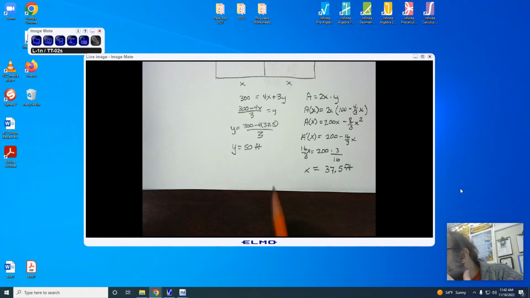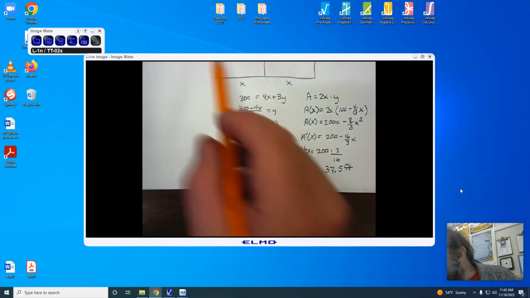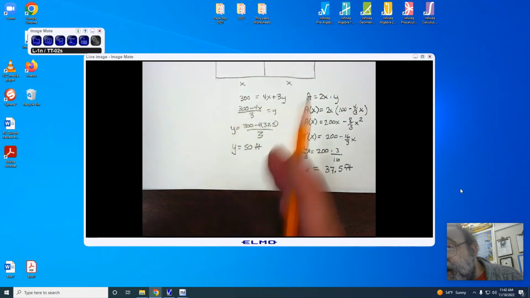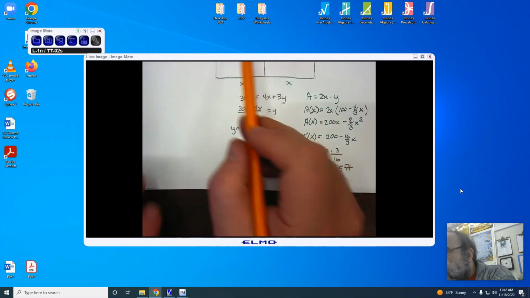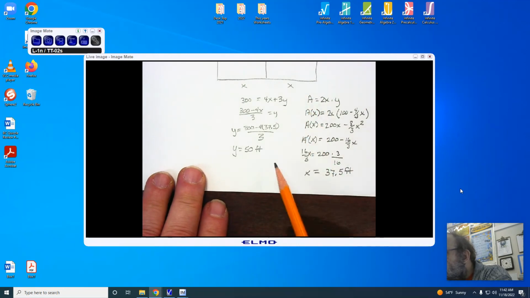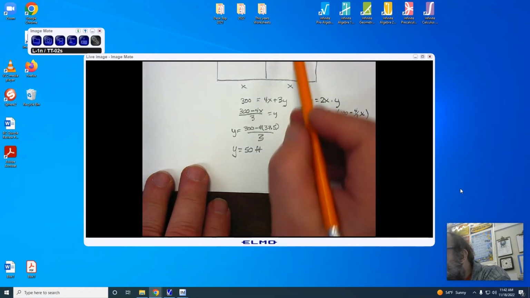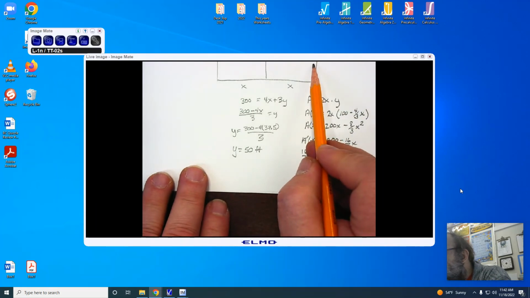Now, keep in mind, if I want to find the total length, I just gave you the answer in terms of each corral. I'm going to have to find what 37.5 doubled is, and that's going to give me 75. So I now have 75 by 50 feet, which should give me the largest dimensions for the entire length. That's 75 feet by 50 feet, or I'm looking at 75 feet divided by 2 times 50 feet